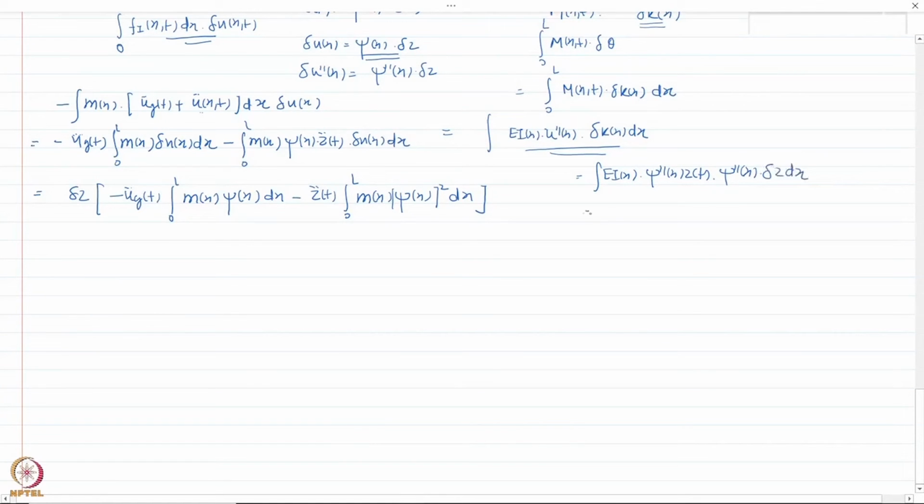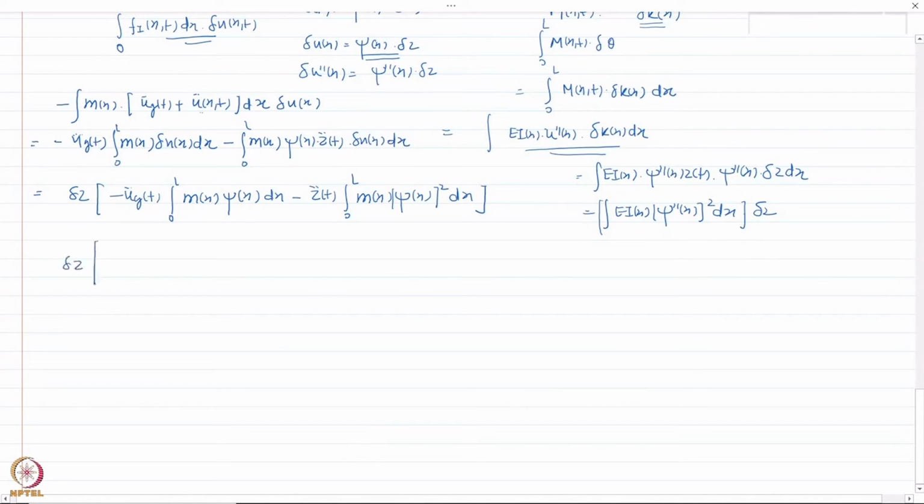So this is EI(x) times phi double dash (x), and this whole times del z. So if I equate these two expressions and bring it to the right side, the expression that I get is del z here times